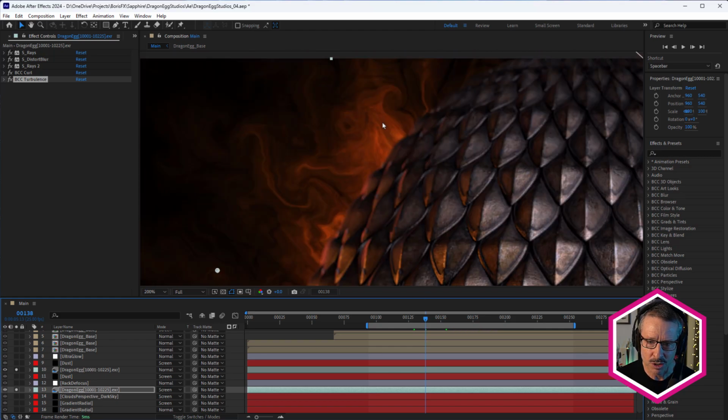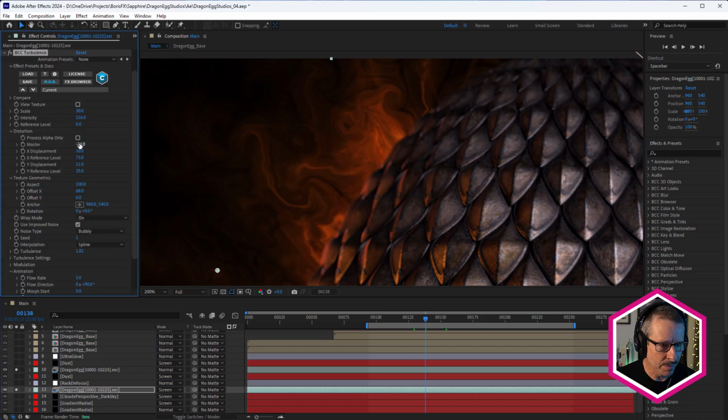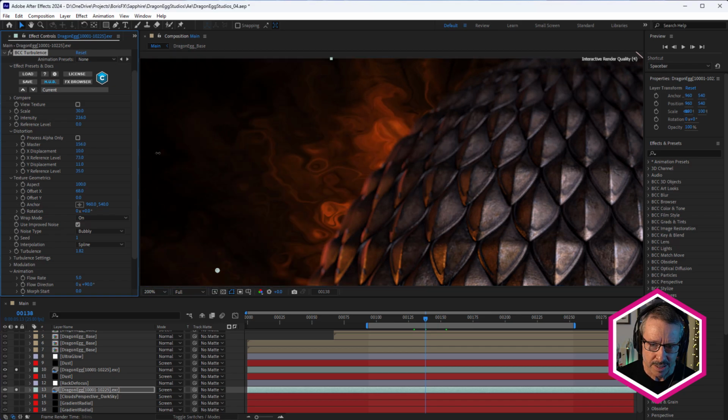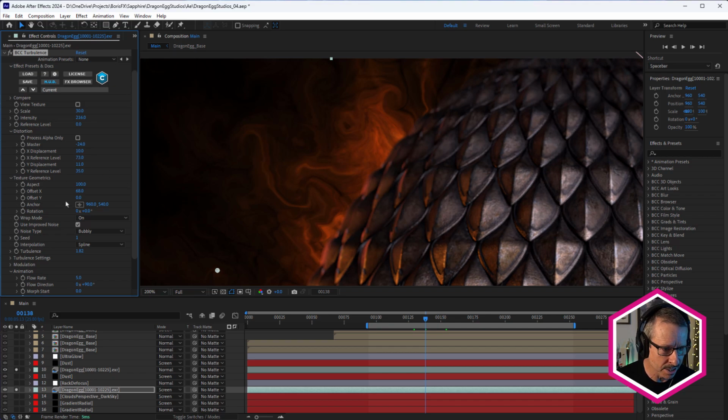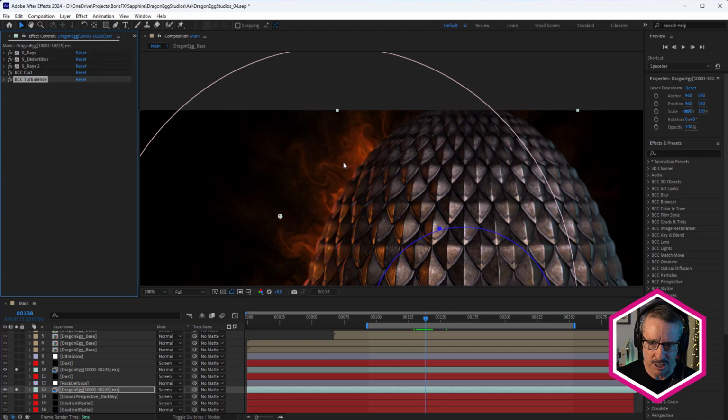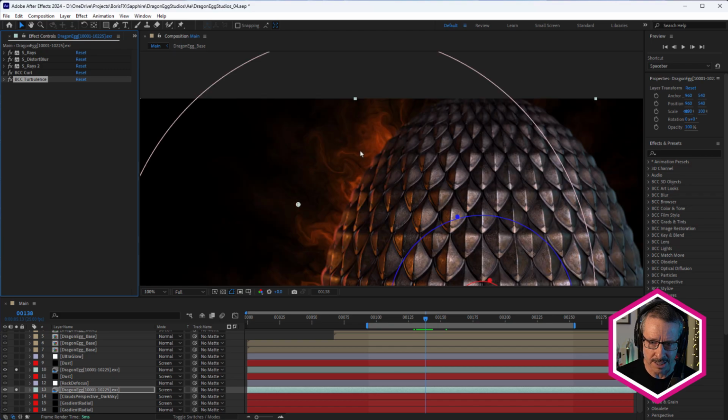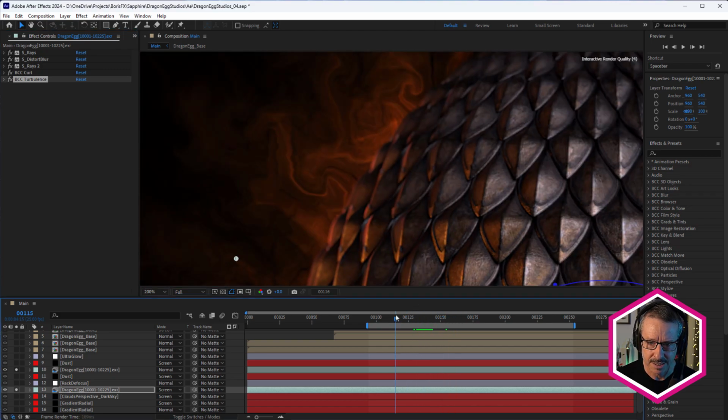So I actually quite like that. I think that really helps. I was just playing around with the master displacement. Try not to put too much in there, not too little. Just a little bit to add a bit more angle. Some interesting angles in there as well. So BCC Turbulence, I do like that a lot. I think that really does look like stylized fire.